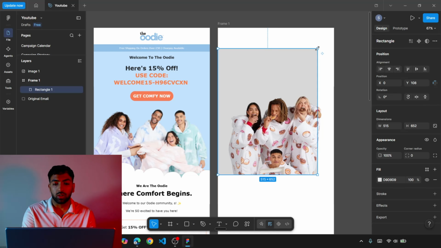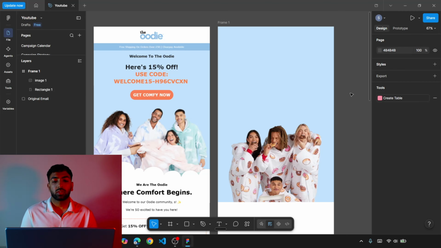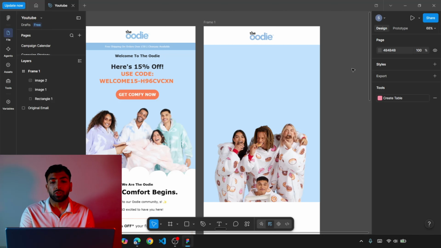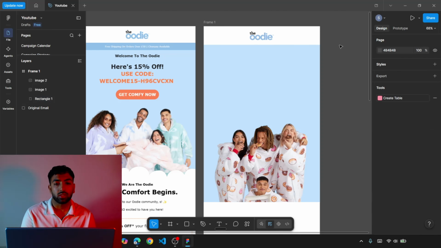So first I'm going to draw out this rectangle. And then we're going to give it the same fill. So now that we have the background color in, what I'm going to do is put the logo in. All right, so I've put the logo in, and as you can see, I have left the logo section the same as it is in the previous email, just so that it gives a little bit more separation to the hero section. And now for the hero section, what I'm going to do is put this text in for the offer,